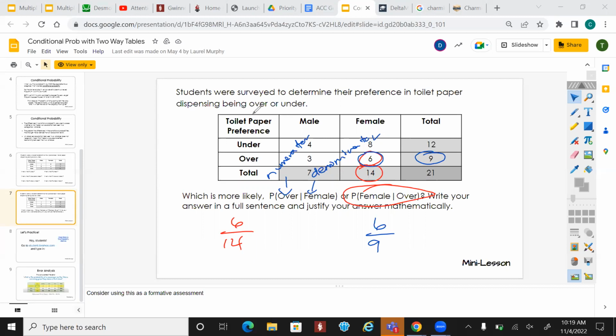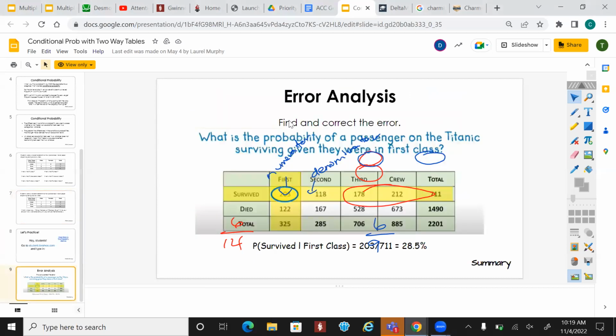Yep. Okay. So if you are missing NTIs or you are missing